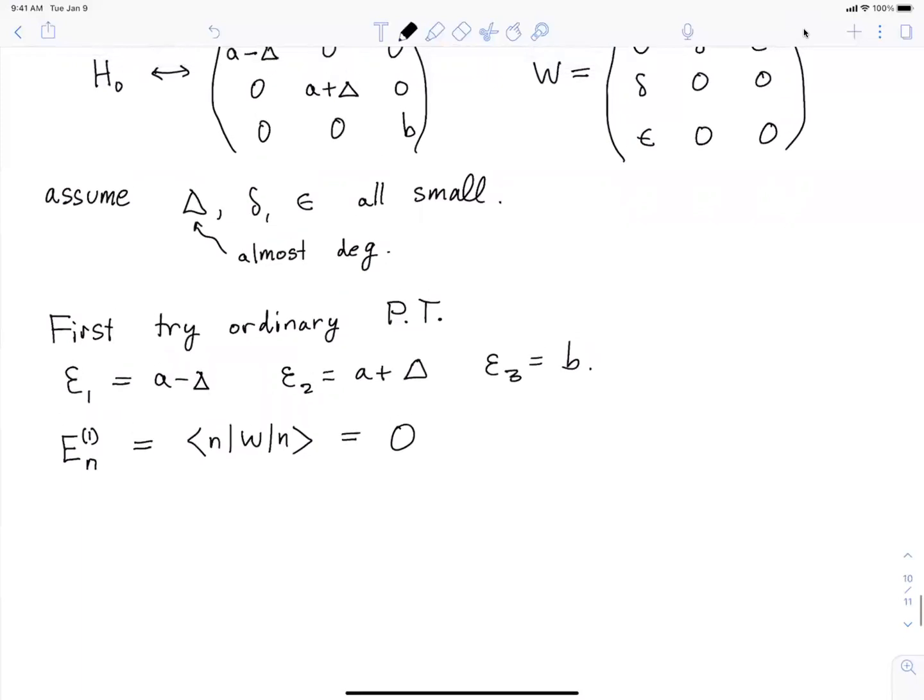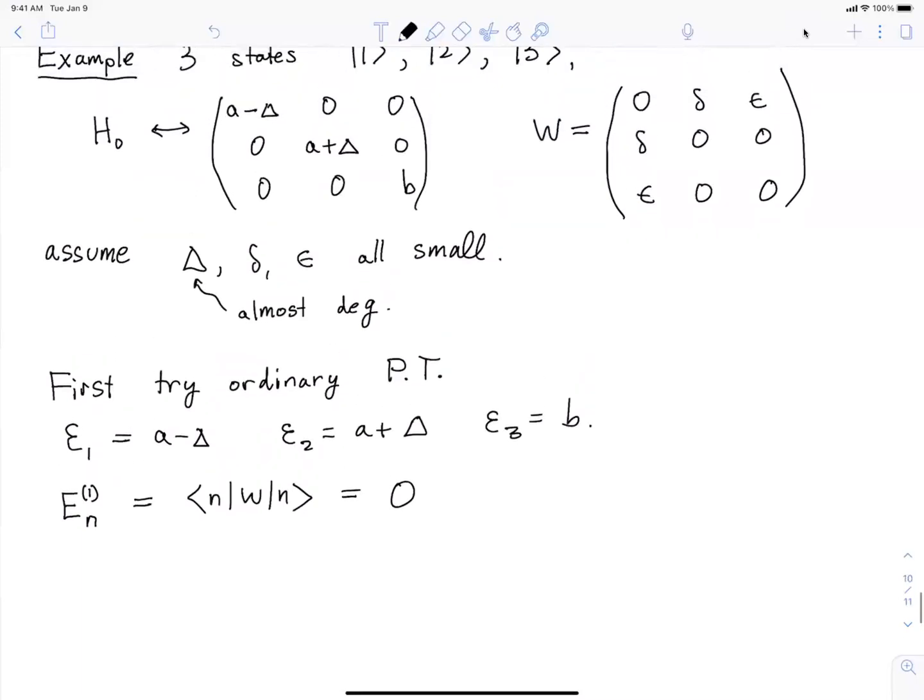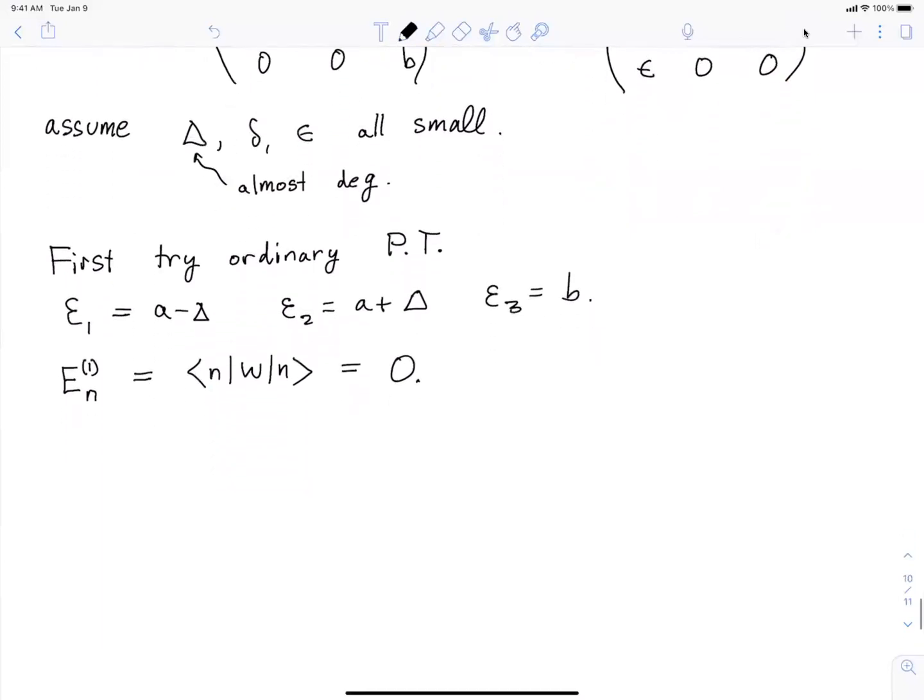Right? And how do we know they're all 0? It's because if we stare at our W here, our W has zeros on the diagonal, and the zeros on the diagonal are just these matrix elements, the expectation values of W. Okay? So at first order in perturbation theory, there's nothing to do, for the energy at least. And now for second order in perturbation theory,